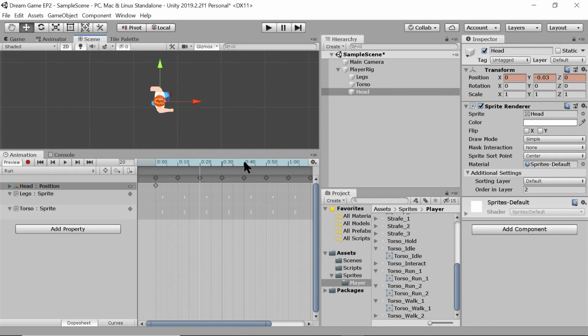And then on the 40, we'll reverse it, just so slightly, so it kind of gives him